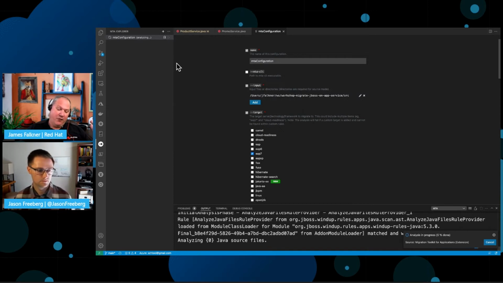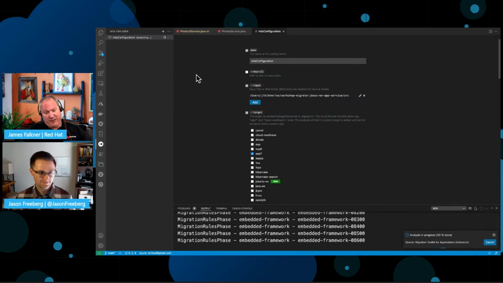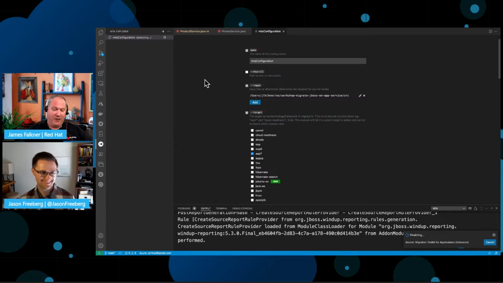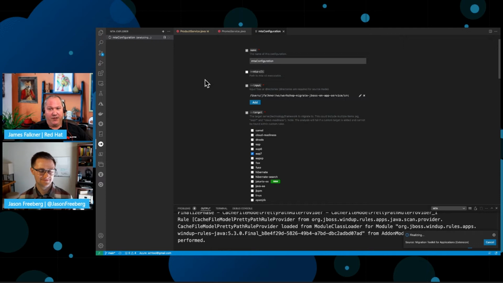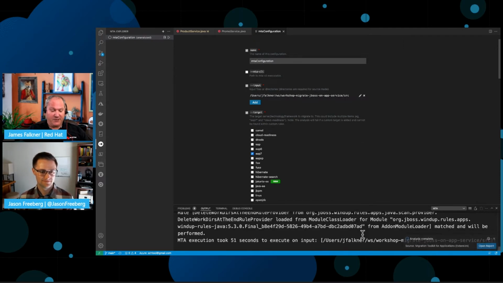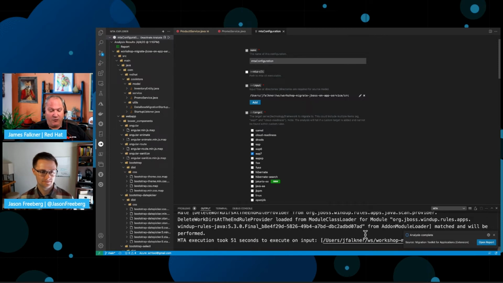a migration. Now, this tool is useful for an application, but is really useful when you're doing 100 or maybe 1,000 applications, and you need to know the relative level of difficulty of migrating these applications to the cloud, so that you can, say, assign your junior engineers to the easier applications and assign your more experienced engineers to the more difficult migrations. So using this tool, you can do that analysis and assessment of your applications and get a really great idea of how long a migration is going to take and how hard it's going to